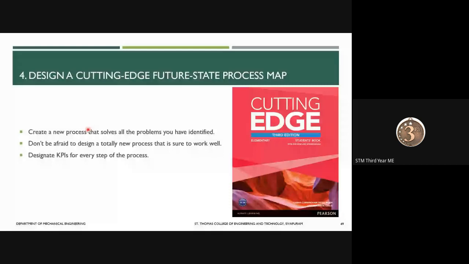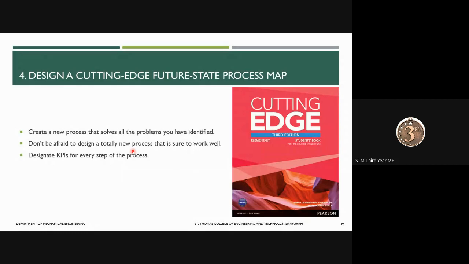Don't be afraid to design a totally new process that is sure to work well. Even if there is an entirely new process, the fundamental process will always be there, and we are tweaking it in a simple way. Instead of that, if you are finding a new procedure or a new process that completely